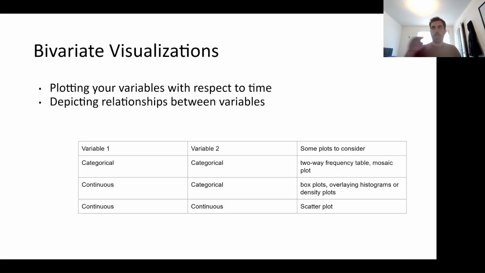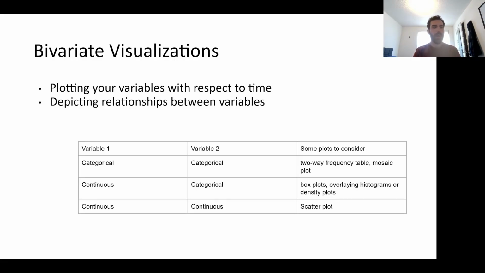list the categories of the first variable on one, let's say the horizontal part of your frequency table, and the variables of the other category on the vertical part of your frequency table, and then you put the counts of each inside the table. And we'll have an example of that in a future slide, so you'll see what I'm